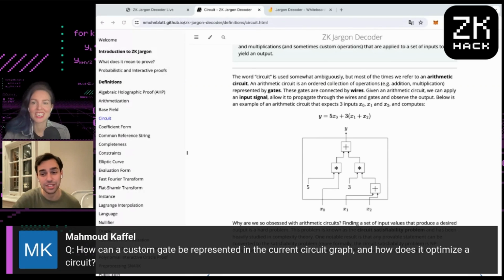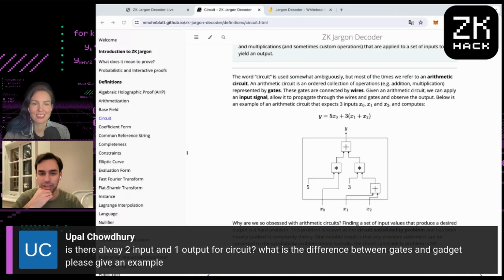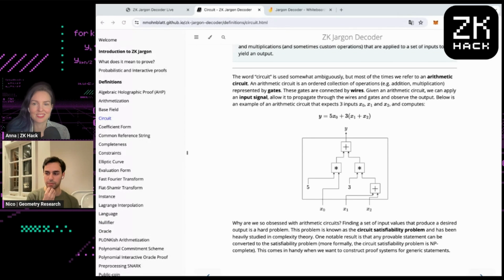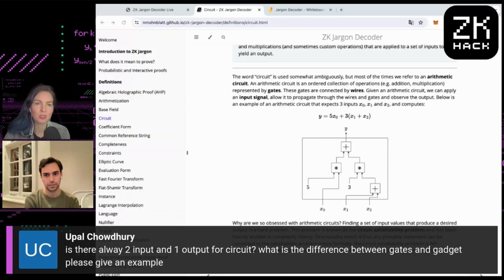Okay. There is a very good article by Ariel, and I'll try to find the link and probably post it in the Discord for ZK Hack. This article that sort of explains how do you go from R to what Plonkish is, and it shows actually how they're related and how R is just a special case of Plonkish. Okay, cool. This one's about circuits as well.